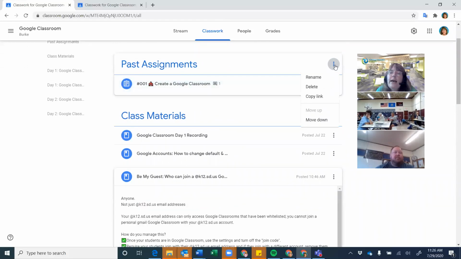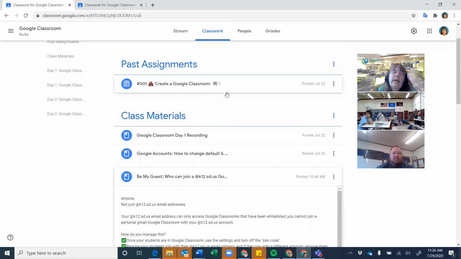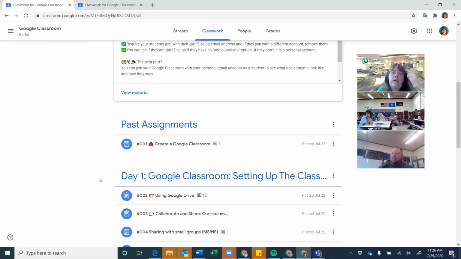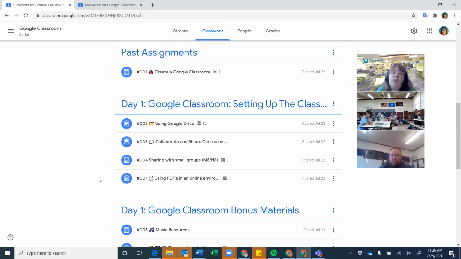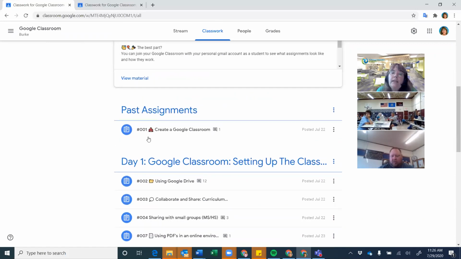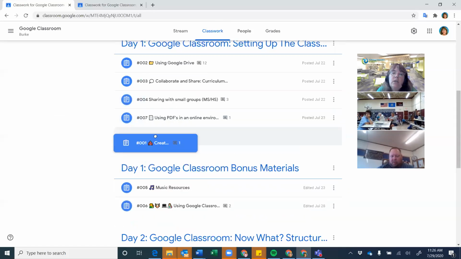I can drag and drop past assignments to the very bottom. I can also move it down by clicking on the three dots, and so I can move it to any spot that I want. So that is a way to manage